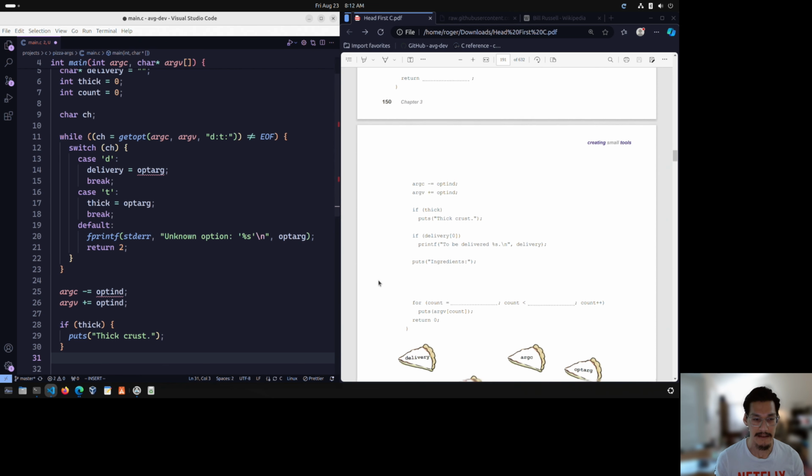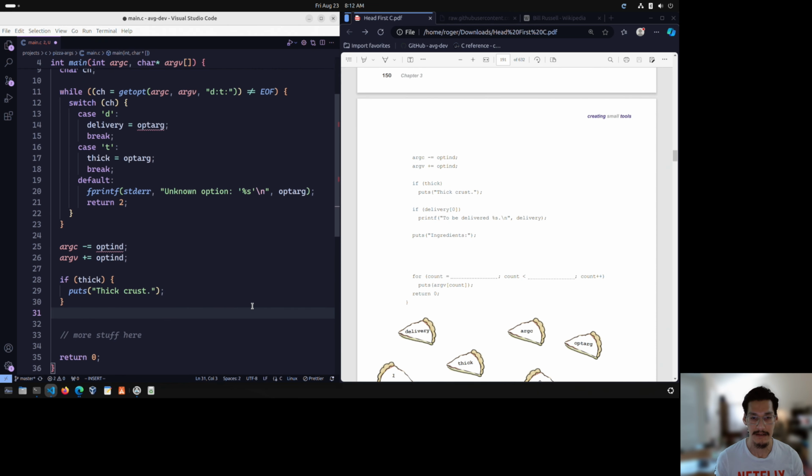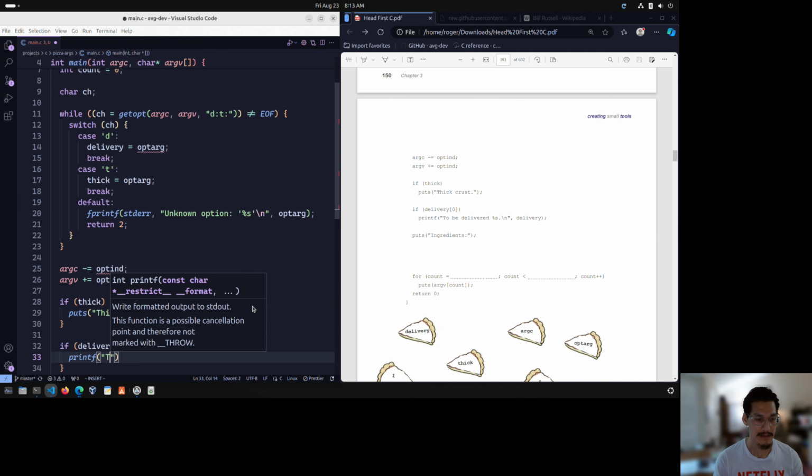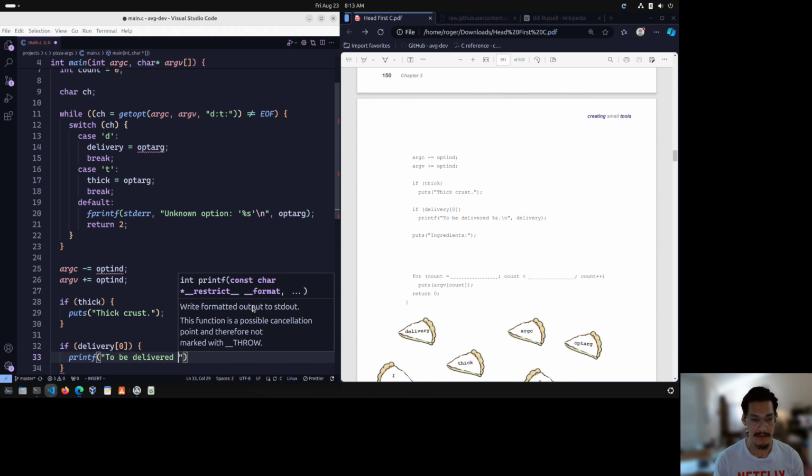And then if delivery 0 to be delivered, delivery to, I guess, to be delivered to who? Confusing. Printf to be delivered string s, new line, delivery,